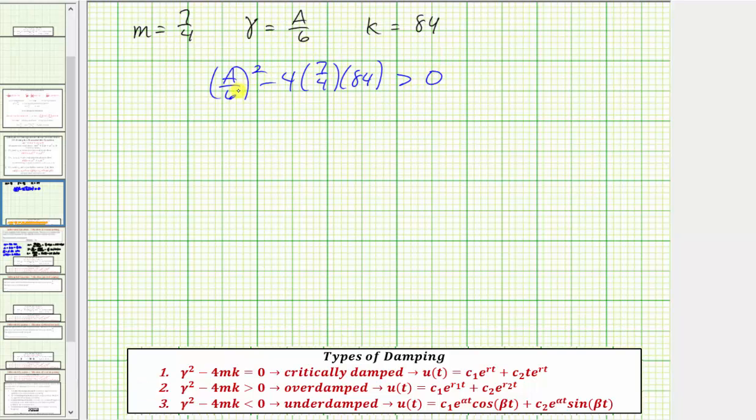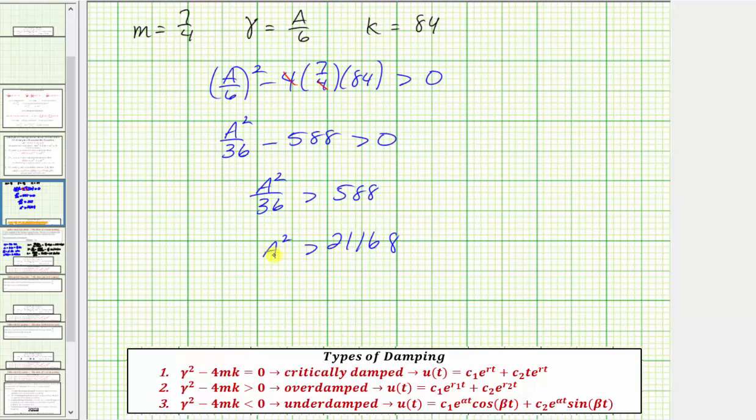So the square of A over 6 would be A squared divided by 36, minus, notice here the 4 is simplified to 1, 7 times 84 is equal to 588. So we have minus 588 greater than 0. Adding 588 to both sides, we have A squared divided by 36 greater than 588. Multiplying both sides by 36, we have A squared greater than